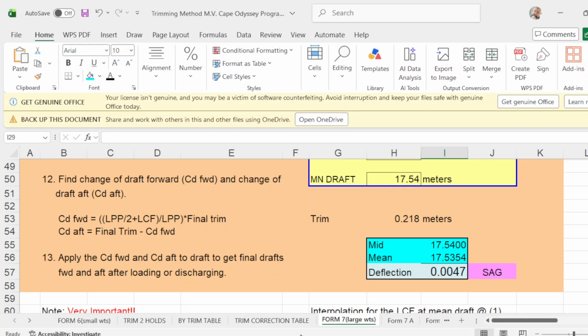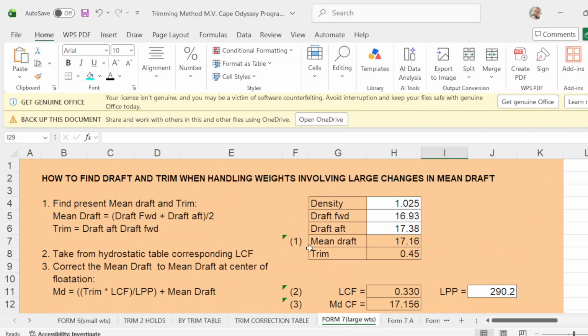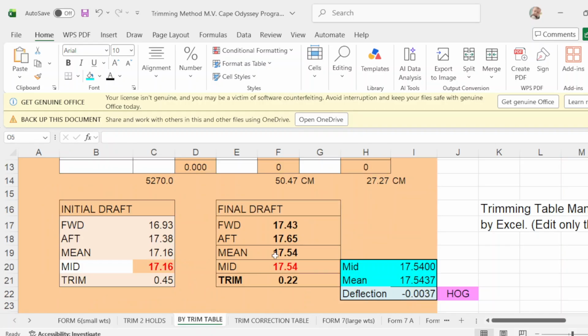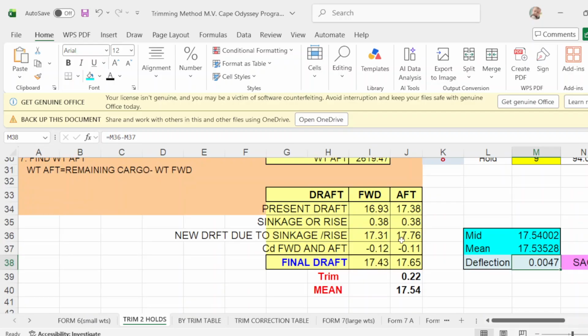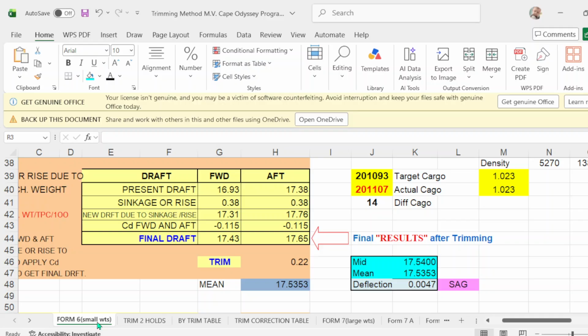So you have 4 programs to back you up. This is form number 7. This one. Trim by trim table, this one, then trim 2 holds, same draft, and form number 6. Okay?